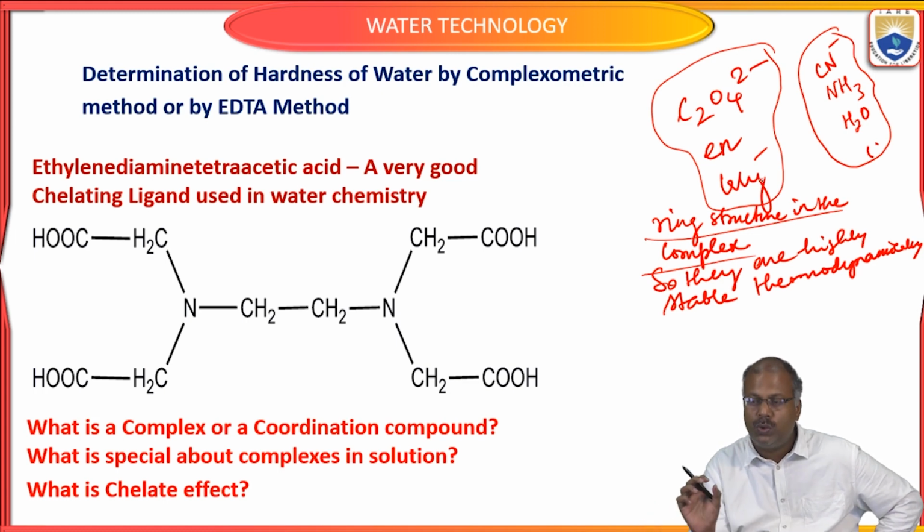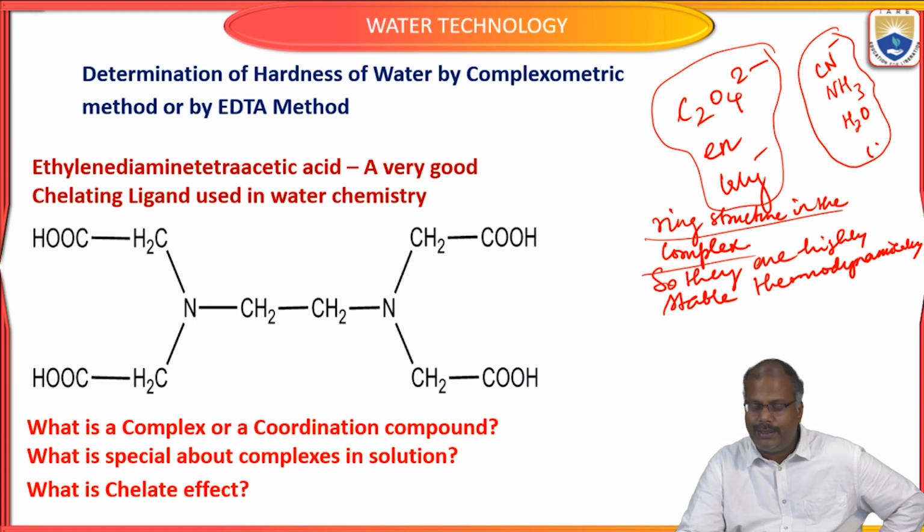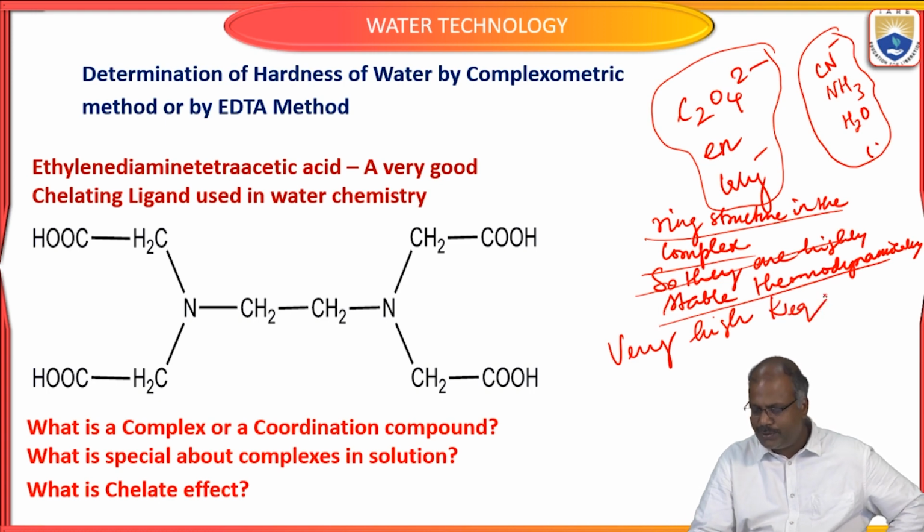Bidentate means 2 atoms, 3 atoms tridentate, 4 atoms from the same ligand we call tetradentate, 6 atoms from the same ligand we call hexadentate. So all these multidentate ligand containing complexes are thermodynamically more stable. They have a very high equilibrium constant compared to the